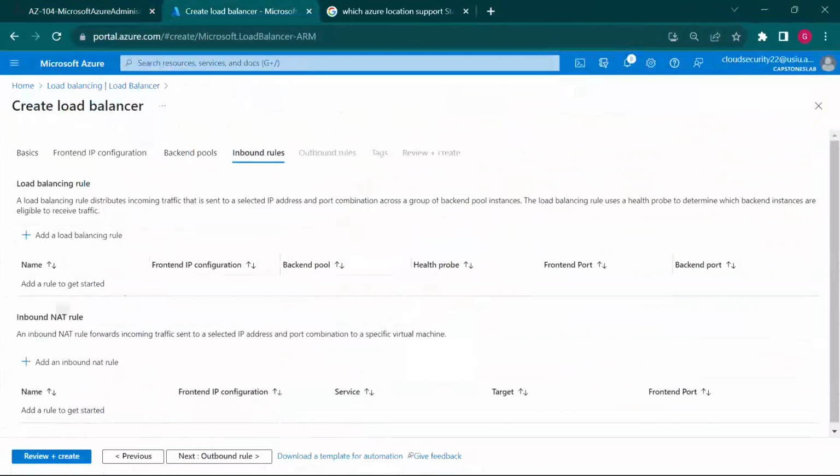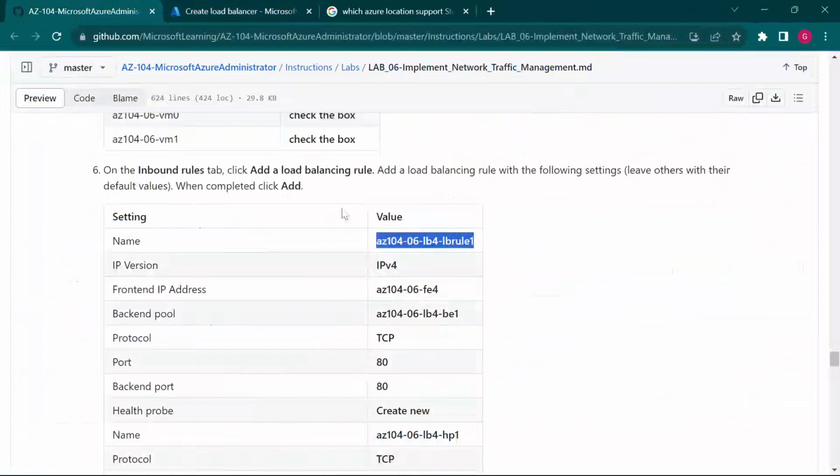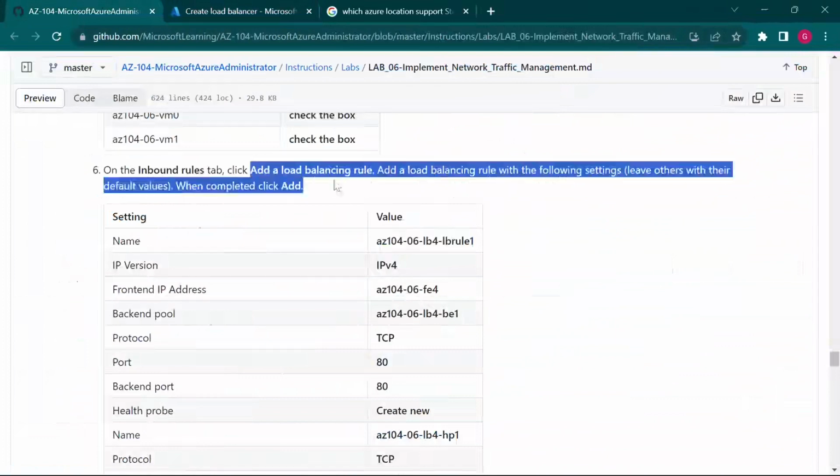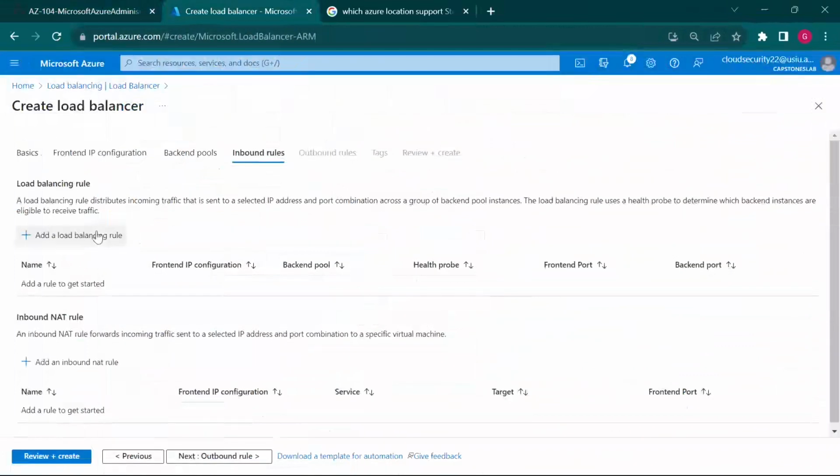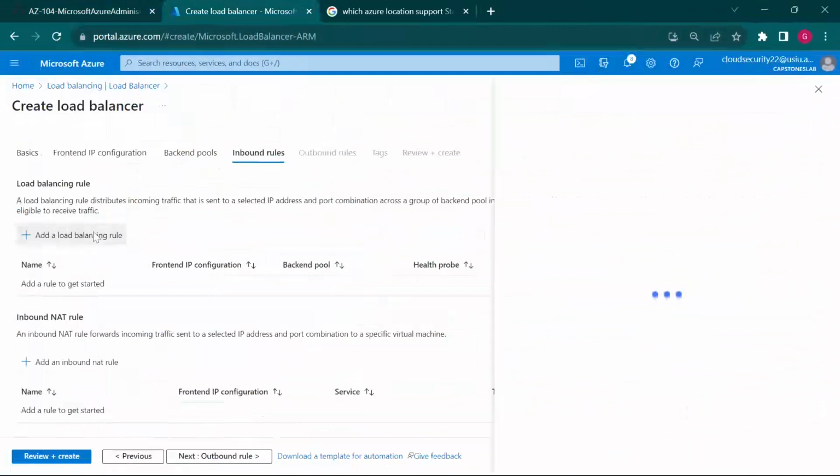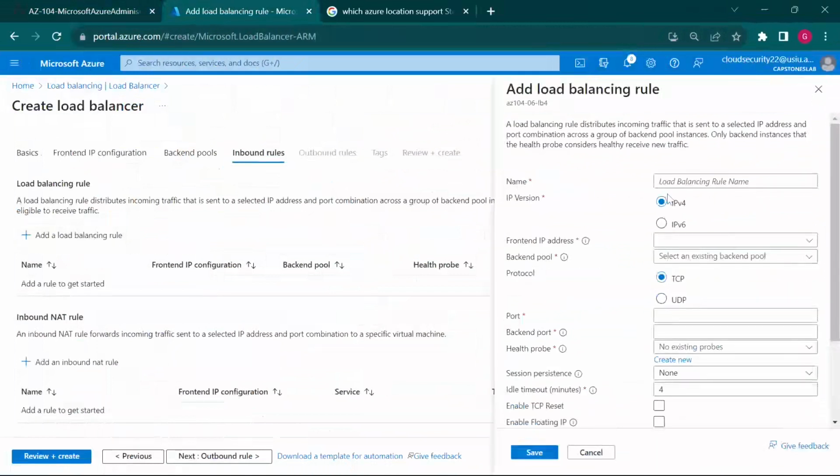Click on, should be add, just a moment. Yeah, it should be add a load balancing rule. So this is it. So paste the name there, the load balancing rule. Then